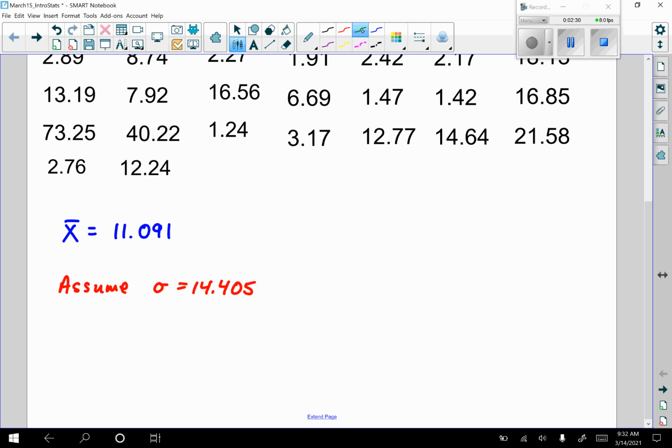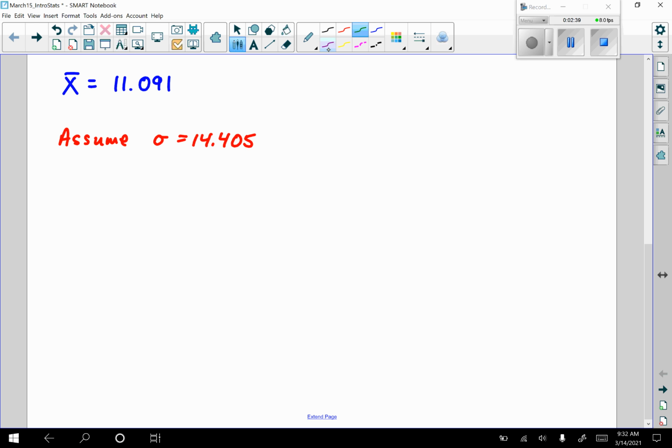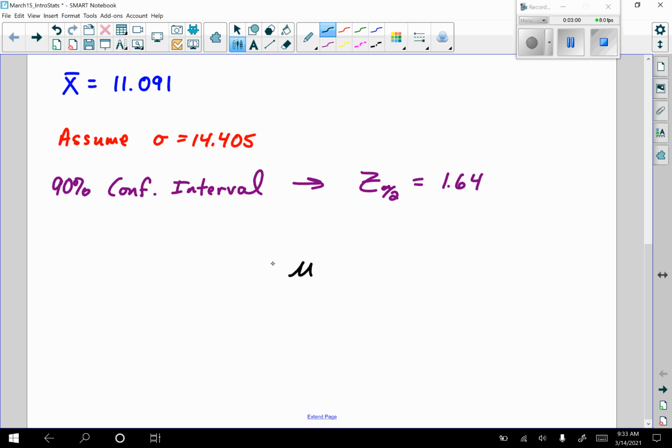All right, so again, we are going to calculate a 90% confidence interval. So that was really the only difference between what we were doing last week and what we're doing right now. We had to find those two values. So we want a 90% confidence interval. And if you recall, we already calculated the z sub alpha over 2 for 90%, and that was 1.64. So we know that mu is going to be between the